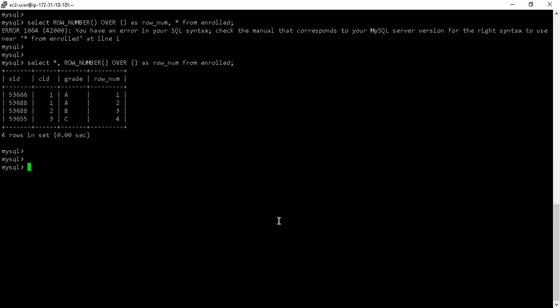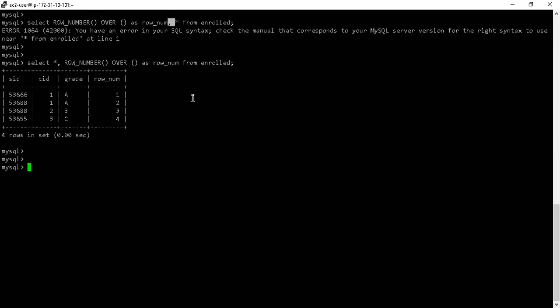Okay, then only it is going to work. If you want to do a select star and an aggregate, you have to put the star before the aggregate function. In that case, there is some rule, some logic which you have to apply, or otherwise, at least in MySQL, it's going to give an error.